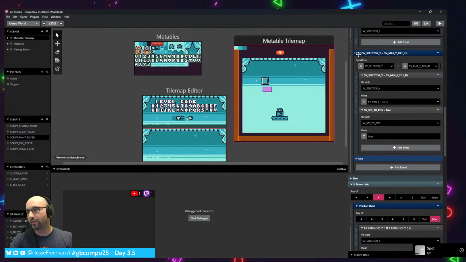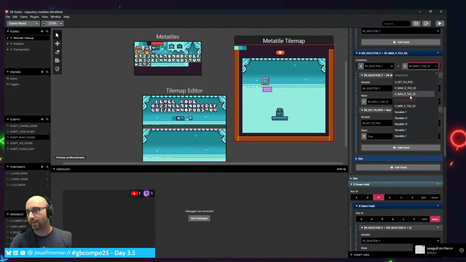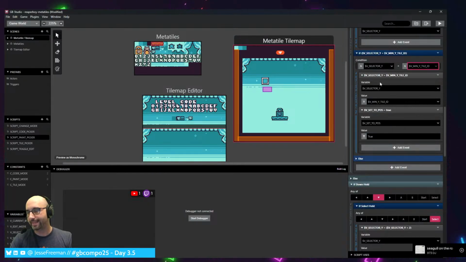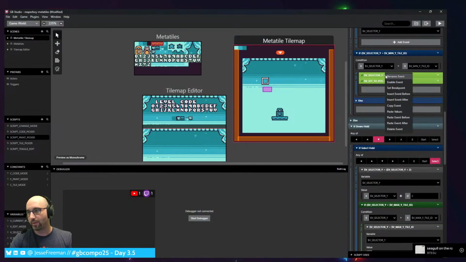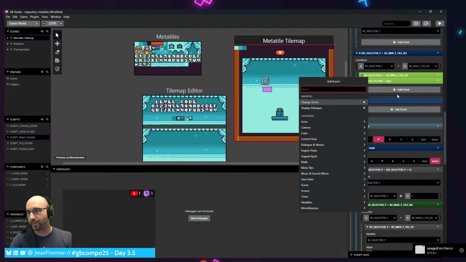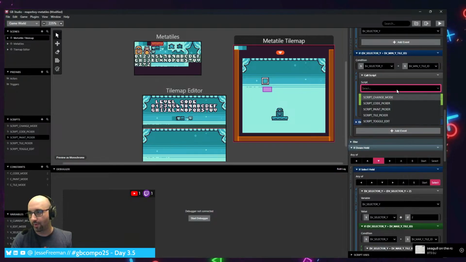Because what we're going to do is that if this Y is comparison less than the minimum tile ID, instead of actually doing this, we're going to disable this and disable this. What we're going to do is insert the event above, and we're going to call the script. We're going to go to the tile picker,